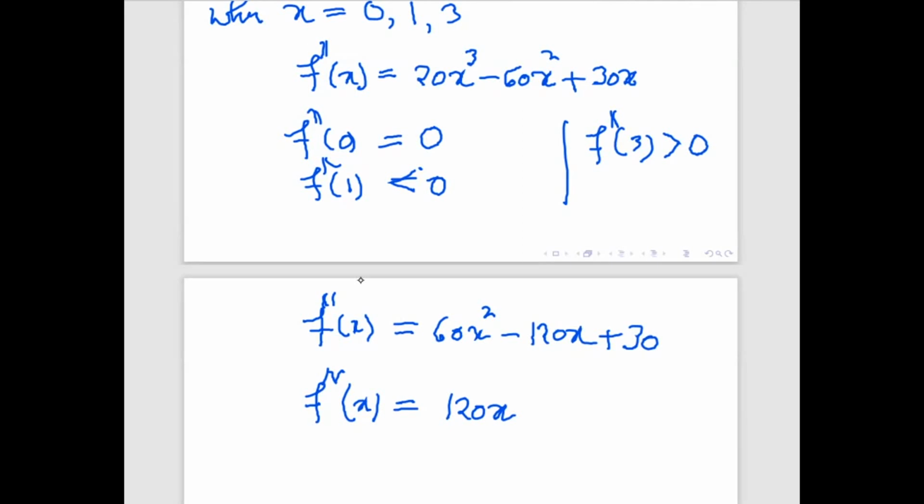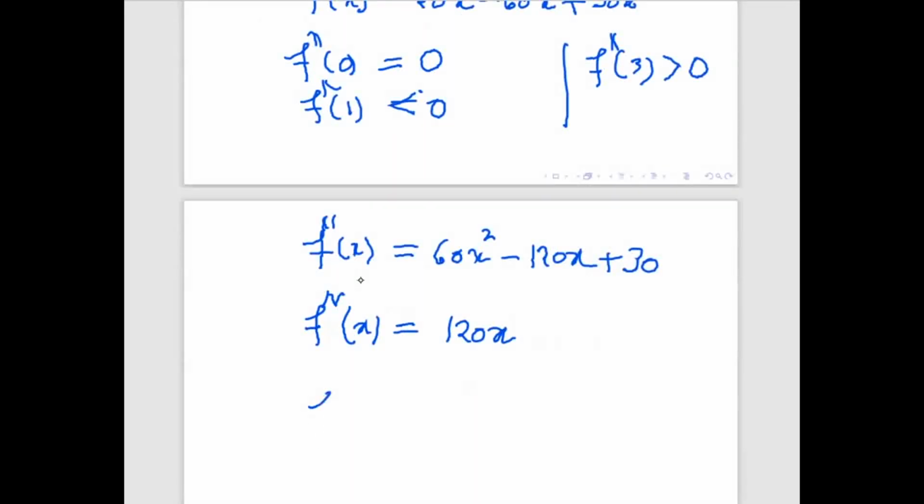So now we'll check the fourth derivative. Even the fifth derivative I also wrote, the third, fourth and fifth I'm writing. That is 120. So now what is your conclusion? Sir, 120x minus 120? Yes, 120x minus 120 and then 120 final.